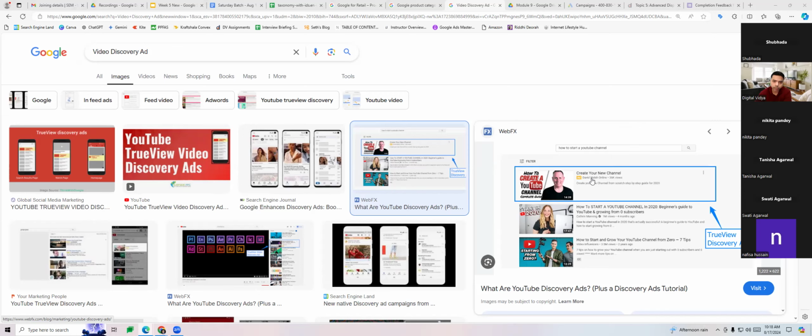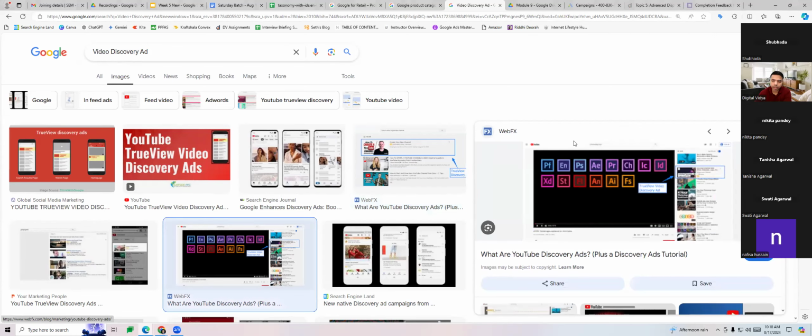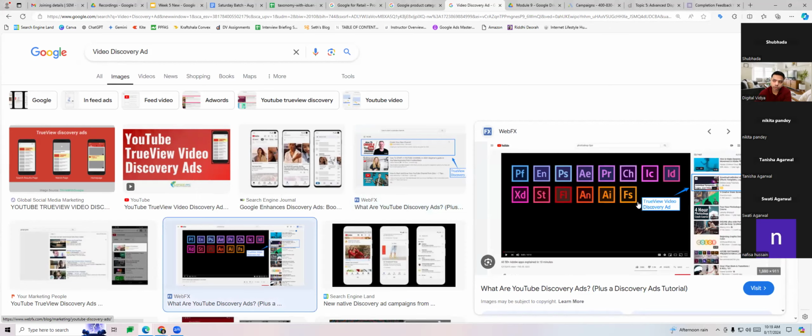This is one placement. The other placement is inside. When you are watching any videos, you must have seen this kind of an ad coming on the right hand side, top right hand side or middle right hand side, where half of it is video, half of it is text. Again, that's your video discovery ad or in-feed ad.